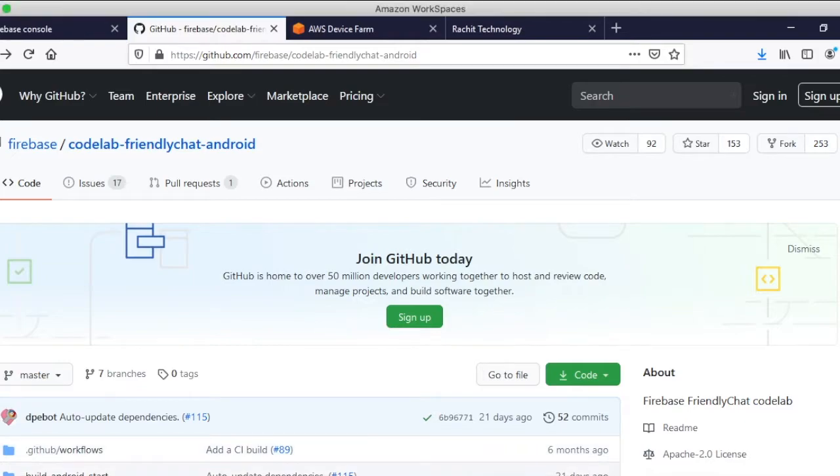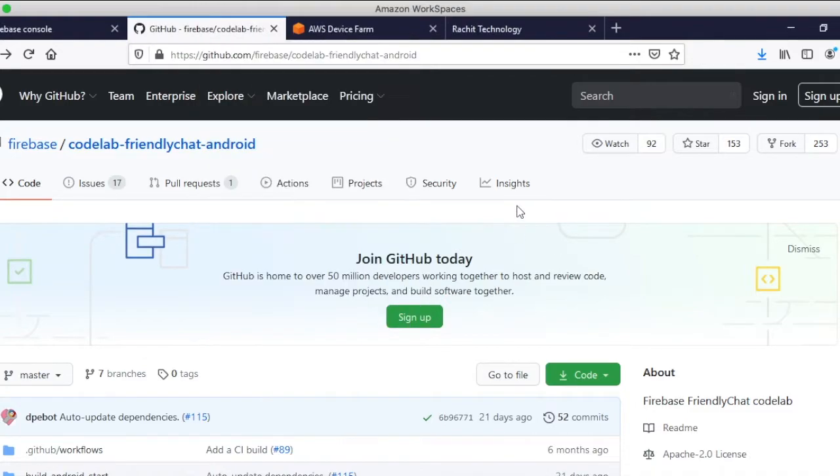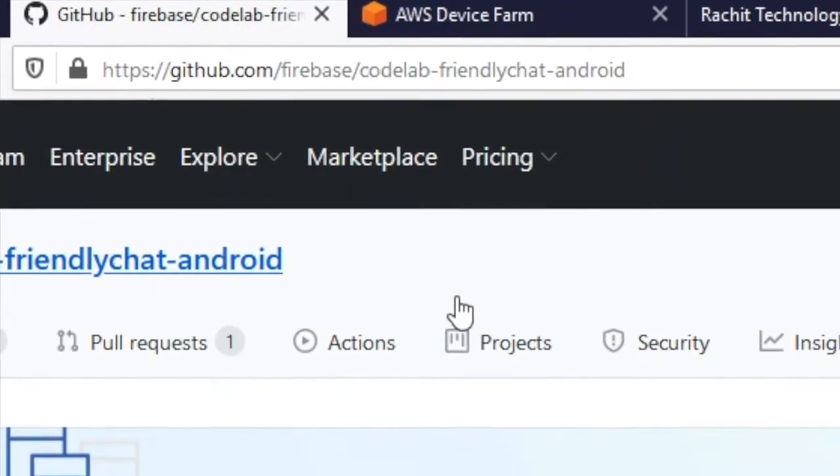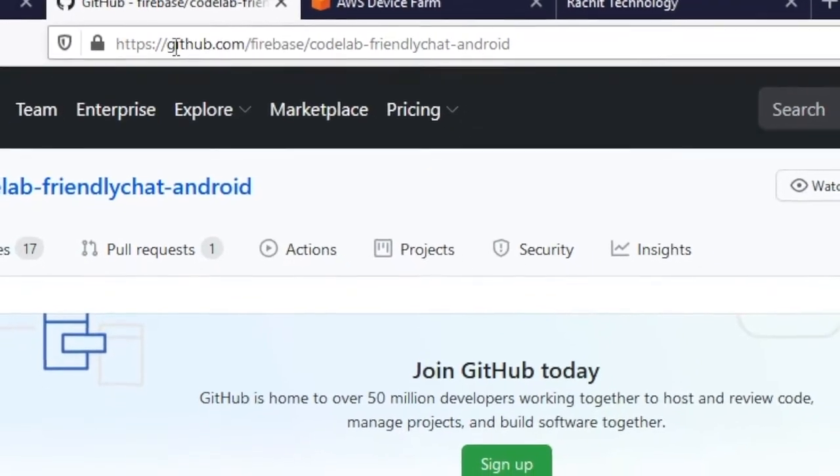We have our emulator also up. It takes some time to boot the emulator. You might want to try different devices as well. Now let's build a project. So Google has given a sample codelab, a friendly chat application. The complete source code is available on GitHub. So the URL is